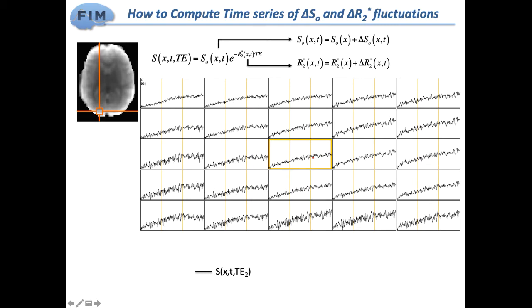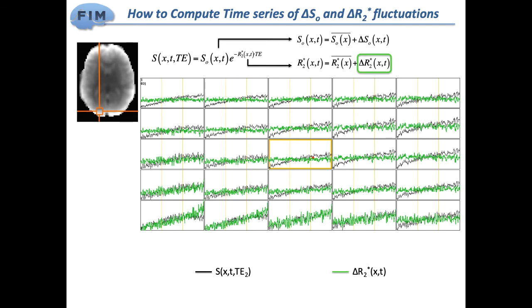So here what we have is 25 voxels. And here what we're looking at initially is the time series for one of the echoes, the middle echo. This is resting state data, so hopefully some of the little fluctuations sitting in here are very informative. But also we can see that all these voxels have quite a big drift across time. By doing a simple separation, we can get the delta R2 star fluctuations,